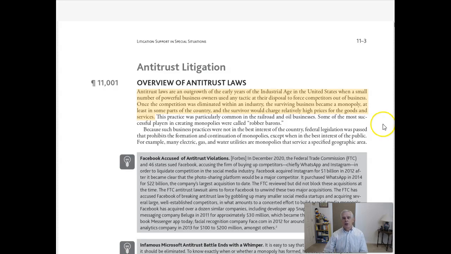Now on this page it starts talking about the antitrust laws, and I'm sure you've heard about these. This of course is where we try to prevent one company from trying to drive out its competitors and then take over that entire segment of the business. If that happens, they might start raising prices, and the government and people in general feel like it's just not good for competition if you have one company that really dominates a certain market.